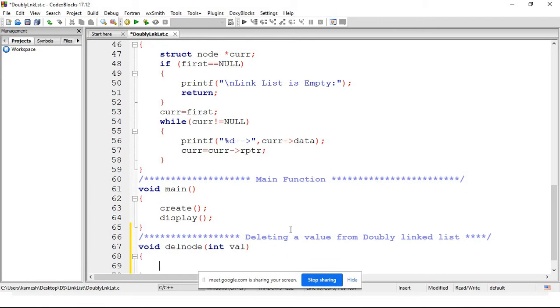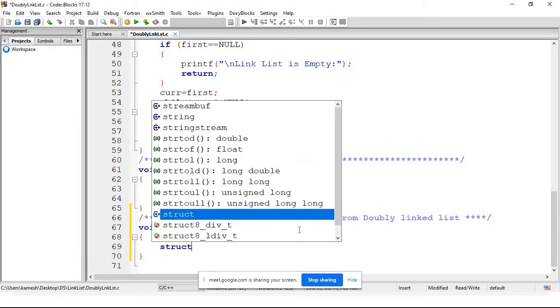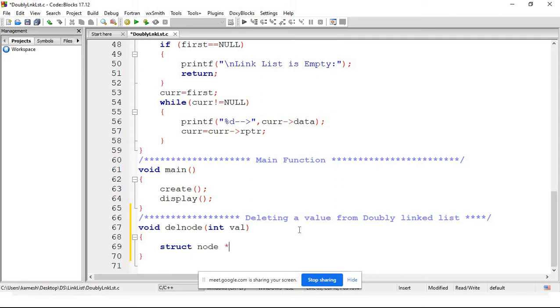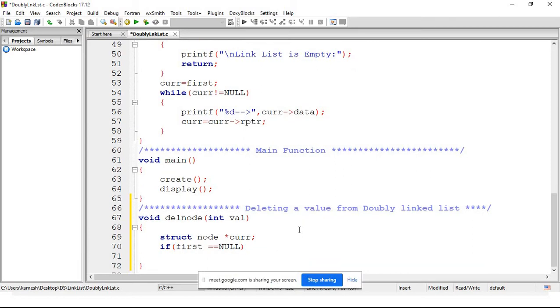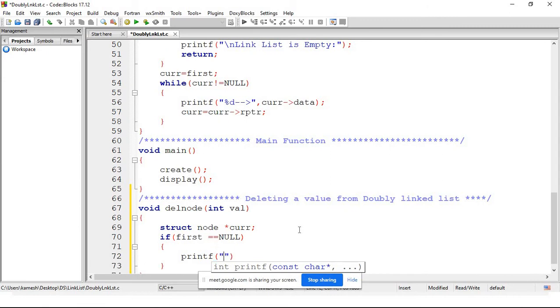Okay, so now the first thing that we have to do is declare the current pointer, right? So here I will write struct node pointer current. Immediately after declaring the pointer, you just have to check your first pointer. So if first is equal to null, then you just have to show the message that the linked list is empty, right? So here we'll just print the message.